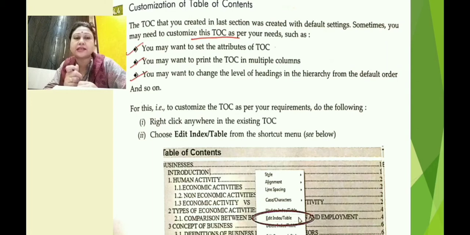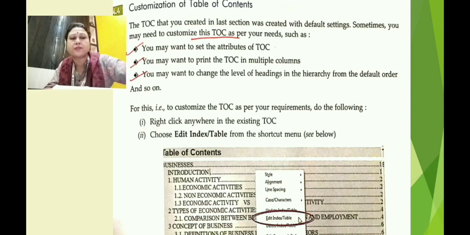So to customize the TOC, the table of contents, as per the requirement, what we have to do is right click anywhere in the existing TOC. After creating the TOC, you right click on it and from the contextual menu choose Edit Index or Table.